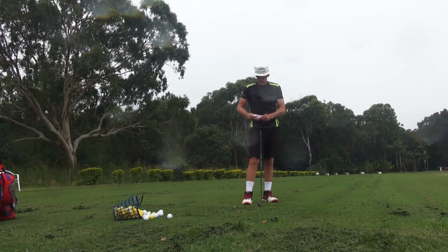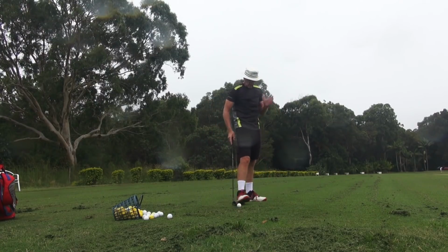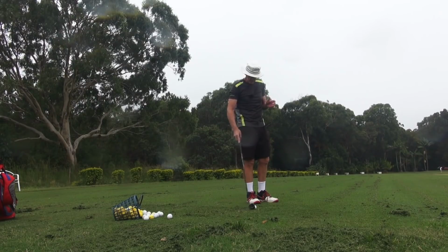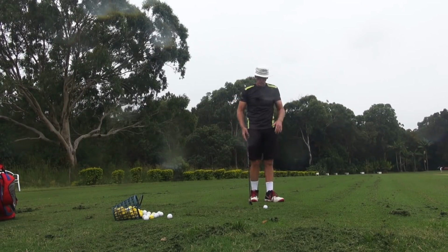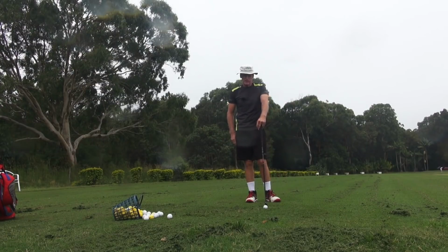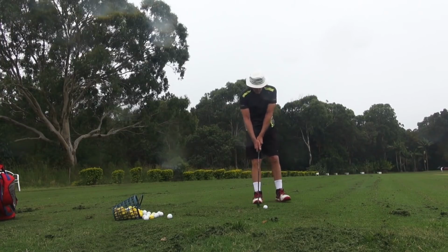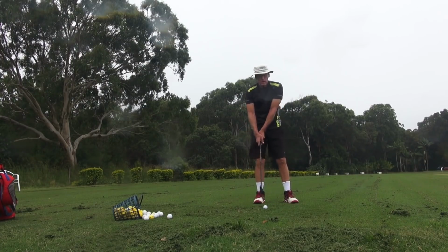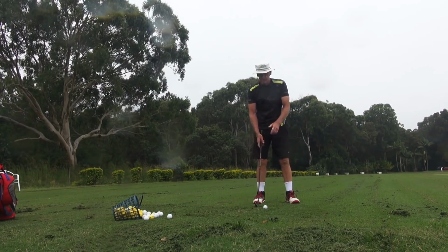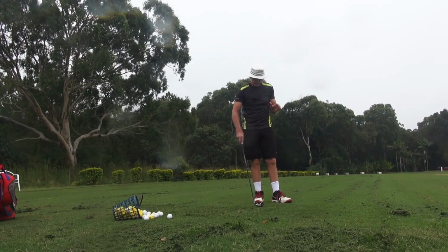Okay, something in the backswing to get guys moving in the right direction. In the backswing, the actual direction of the swing going back in the channel. The pressure factor, guys, going back, if you can get the right pressure factor applied in